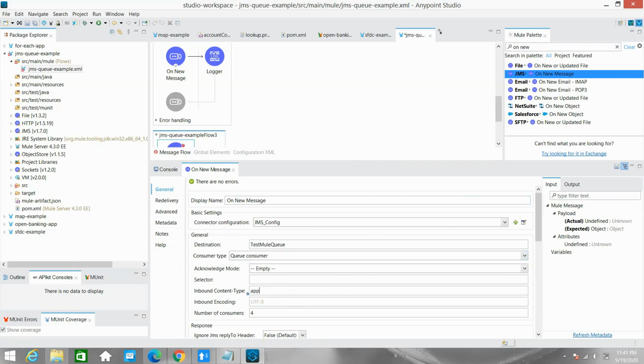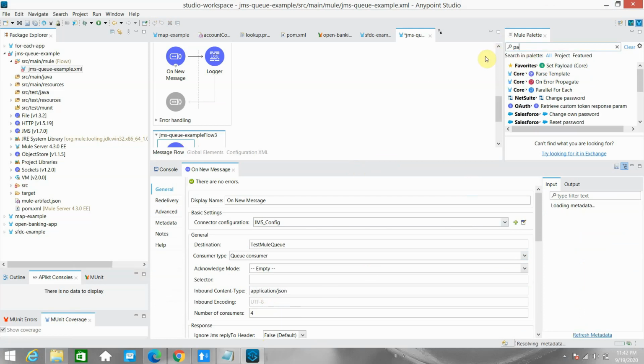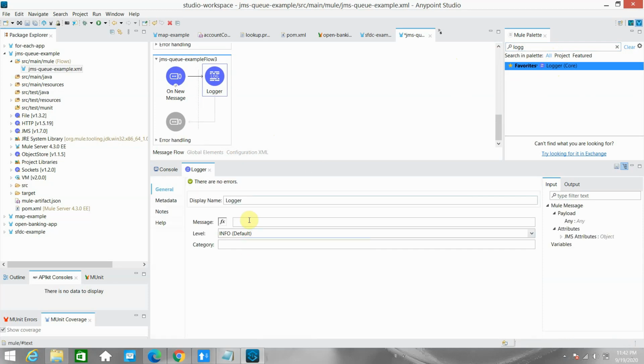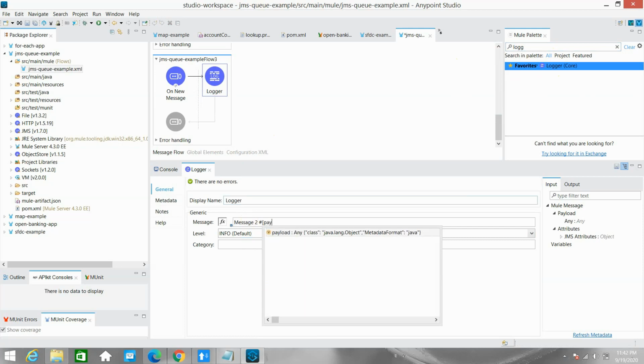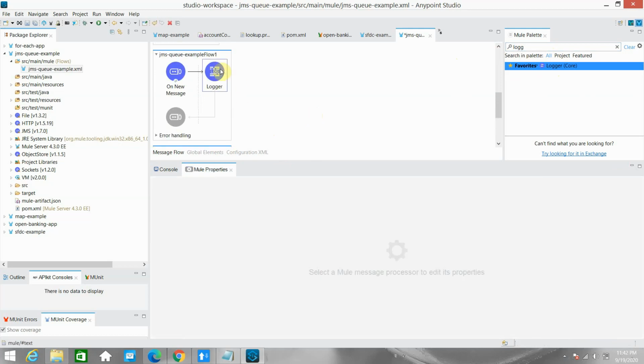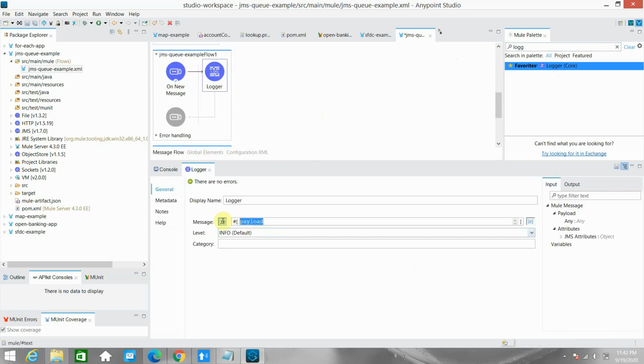So I always prefer to give inbound mode JSON. So let me say payload, not payload, logger. In the logger I can say message 2. So basically from 2 payload. I can close this. I copy this and message 1,